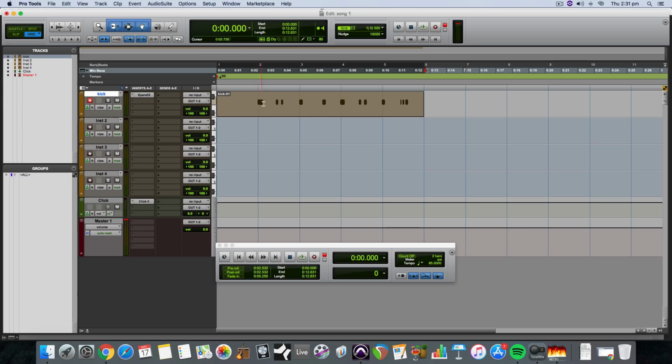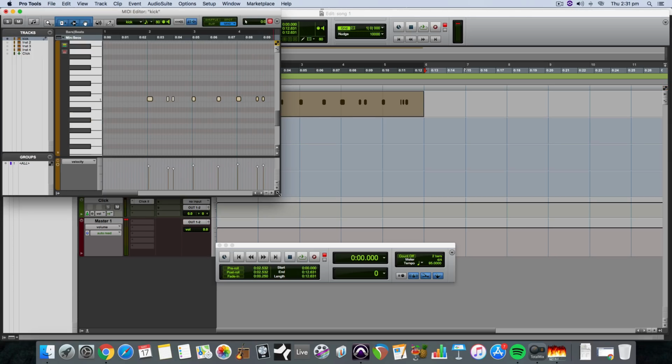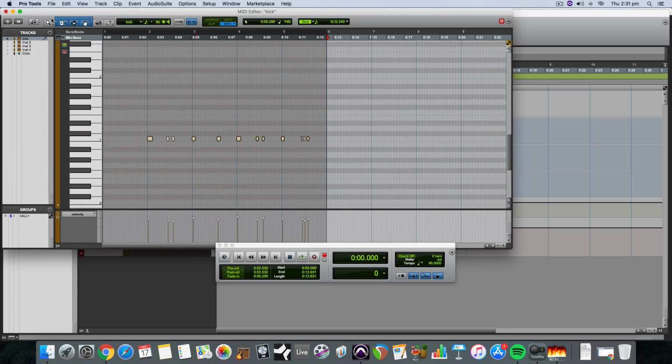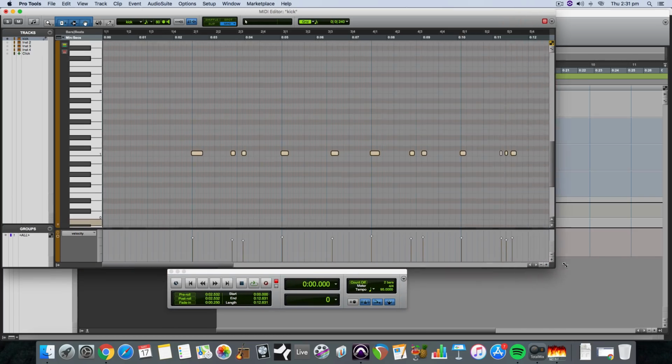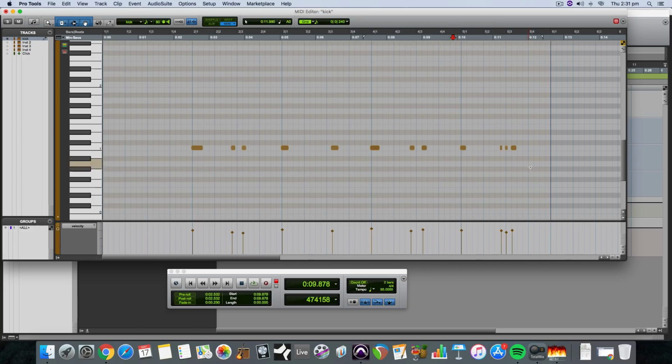So that's gonna kill that note because I need to quantize this. I've just double clicked on that to open the piano roll, which is the MIDI editor, and those are the notes that I played in. I'm just going to do a very simple